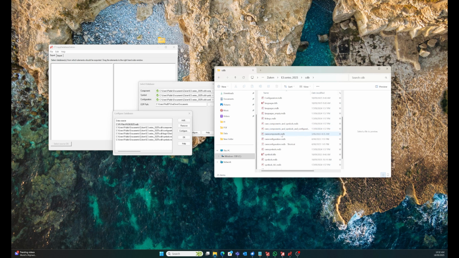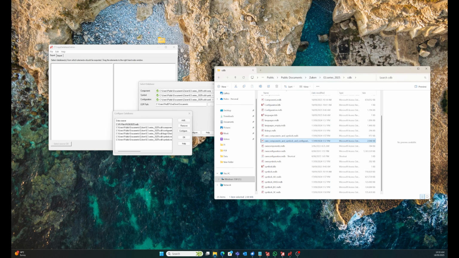So I'm just going to start with these blank ones, and I'll add the whole database to show you. But these are actually a blank database. It's actually pretty handy that way you can strip out your database and be left with only the bare essentials. Again, this is the simplest way. But this one here actually has all three combined into one file, which is normally going to be the best way to use. But for this example, I want to use these own components configuration and